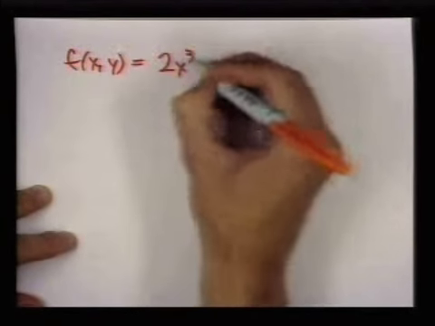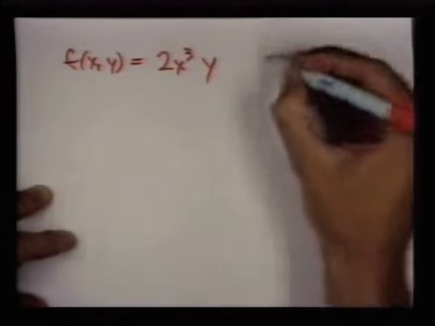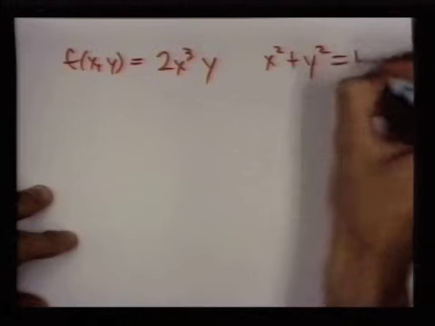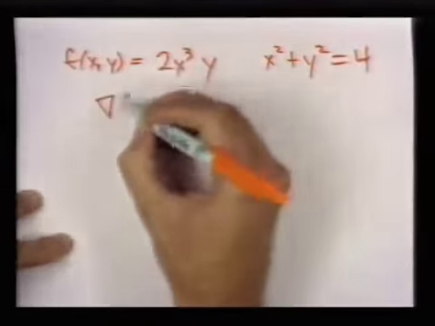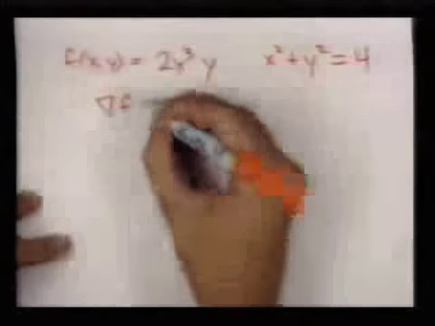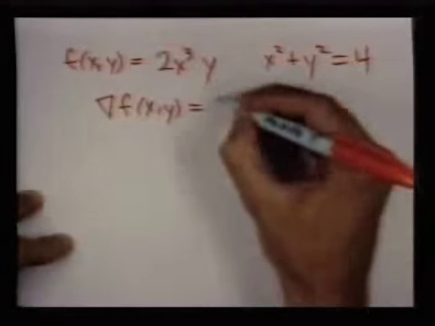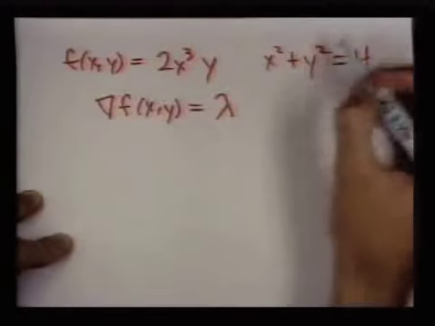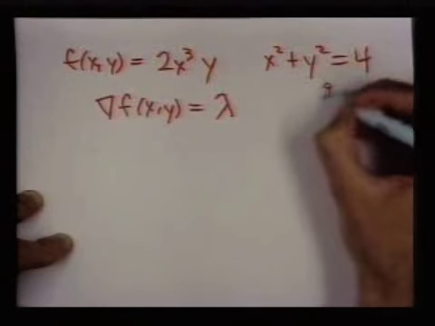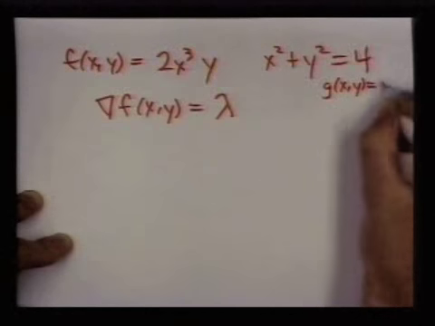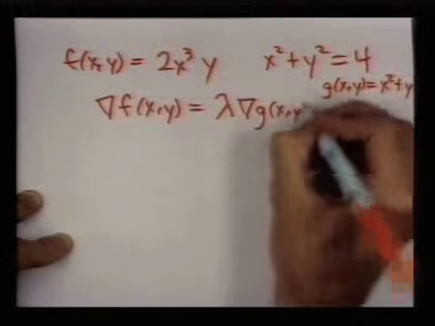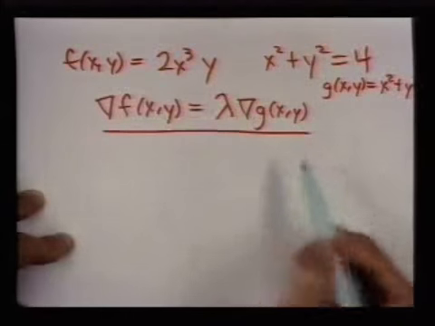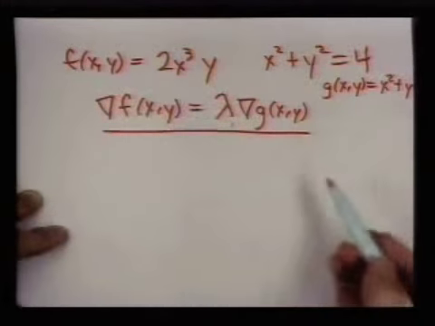Again, we have 2x cubed y, and now we really are doing a Lagrange multipliers problem. We have this constraint x squared plus y squared equals 4. So Lagrange multiplier says we want to see when the gradient of f equals a multiple of the gradient of the constraint equation. So if we write g of x, y equals x squared plus y squared, we want to see when we can find x, y, and lambda so that this is true and so that